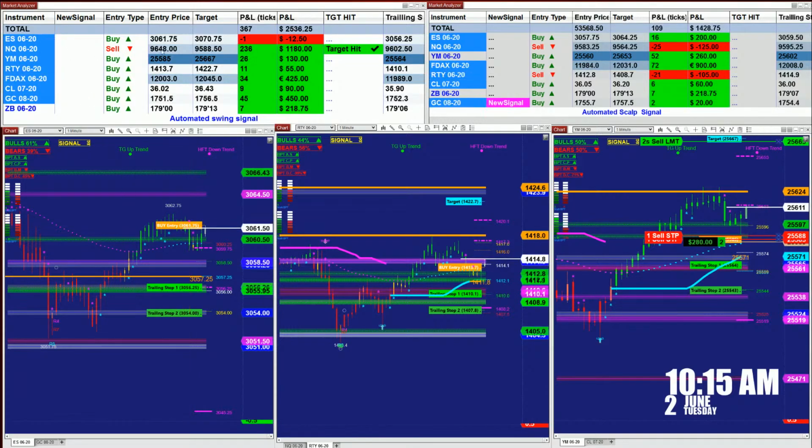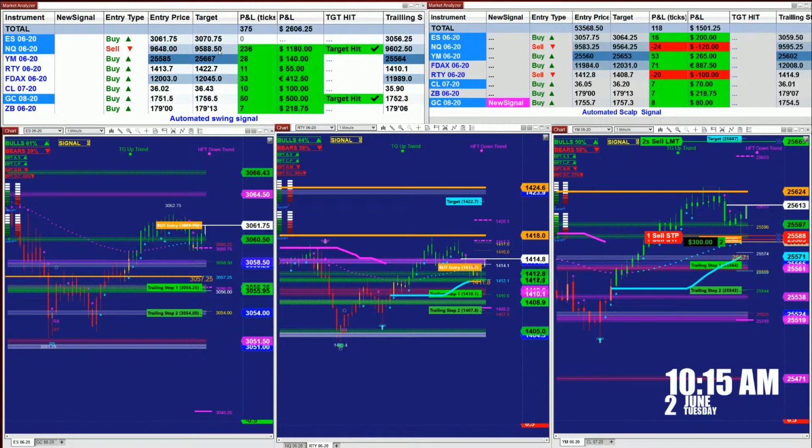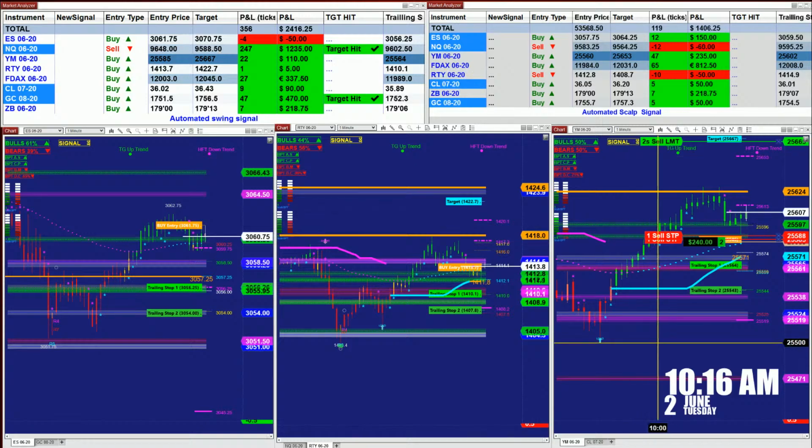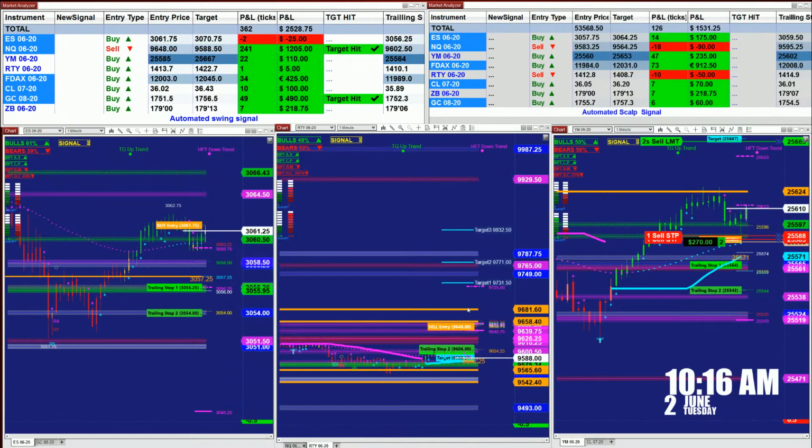On the Nasdaq, we had a sell order, so you can see the market is a little bit mixed. The Nasdaq is to the short side, the ES to the buy side, and then the YM to the long side. And if we look at the Nasdaq,